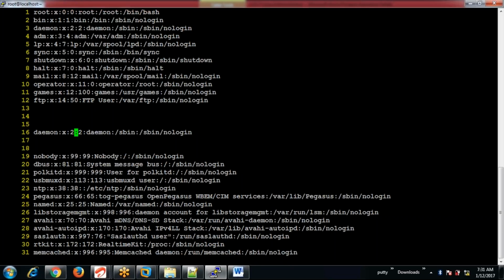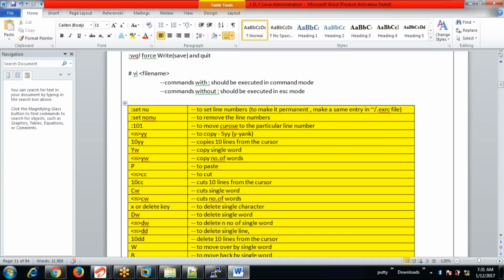Okay. So while pasting it here, we can also make more than one line. Now, say for example, I want to copy these three lines. So here I am supposed to give NYY. NYY means 3YY.